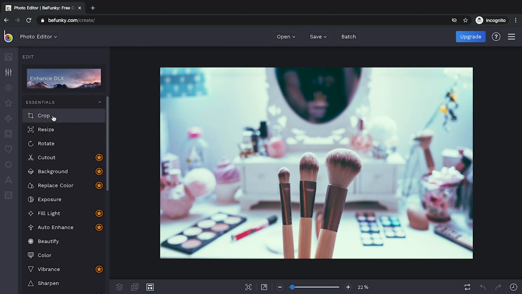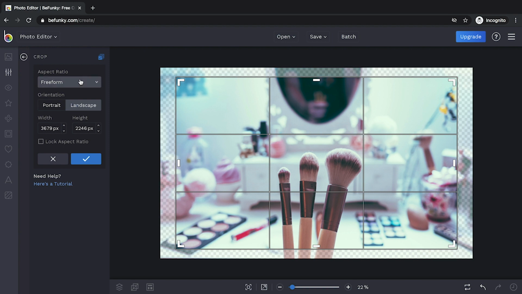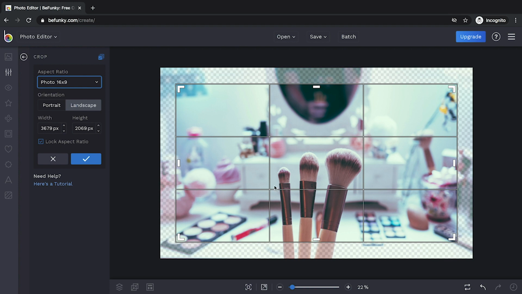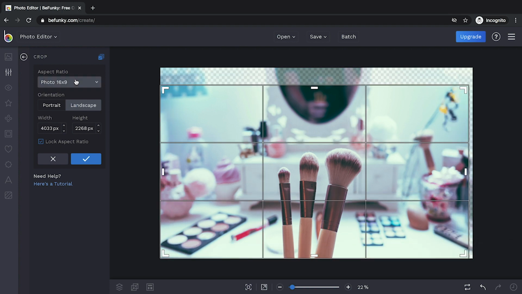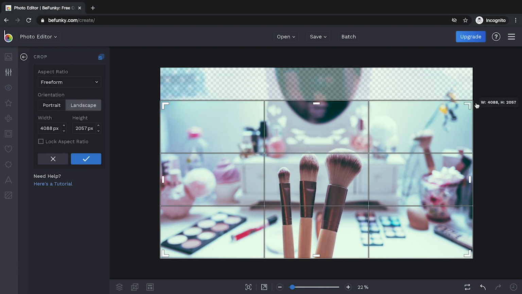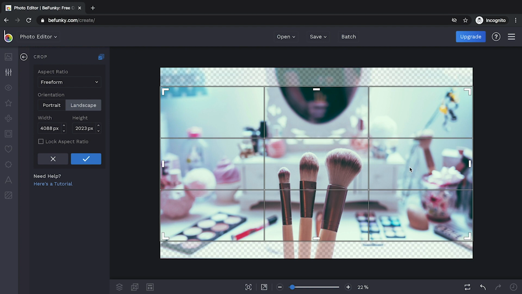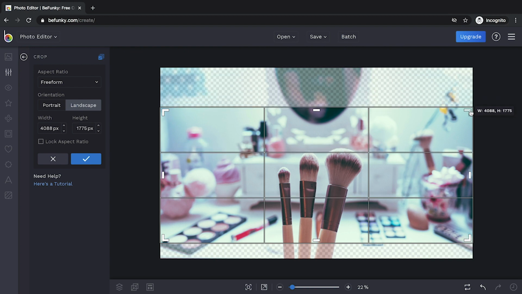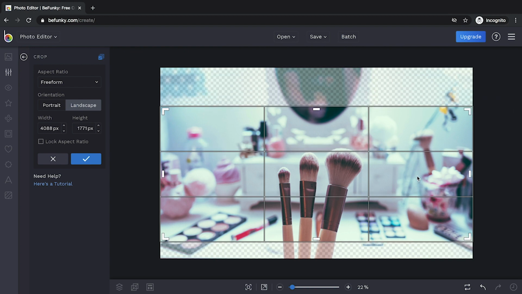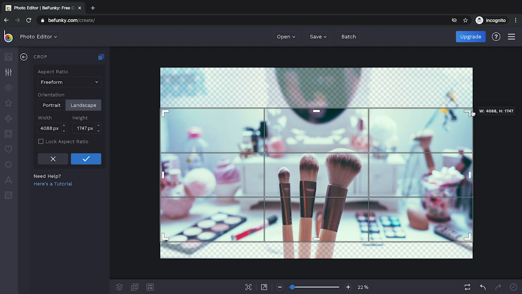We can do this here, so we're going to use what we call a freeform. Actually, let's do 16:9 widescreen. Yeah, that's good. So it's the same as a widescreen TV. Actually, no, let's make this freeform. I want it a bit thinner. Okay, it just means that you can drag it here. So let's try and get as much of the picture in. We've got the pencil there. We'll move that one down a little bit, and we'll thin it out. Not too much, but just enough, so you're not wasting retail space on your website.